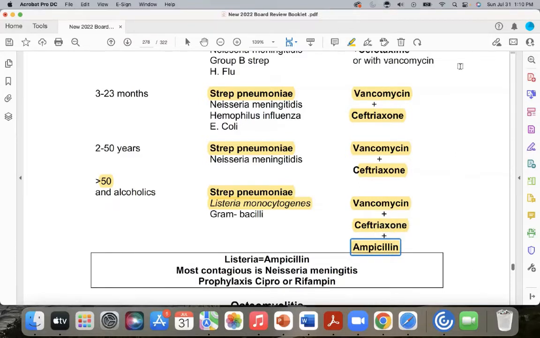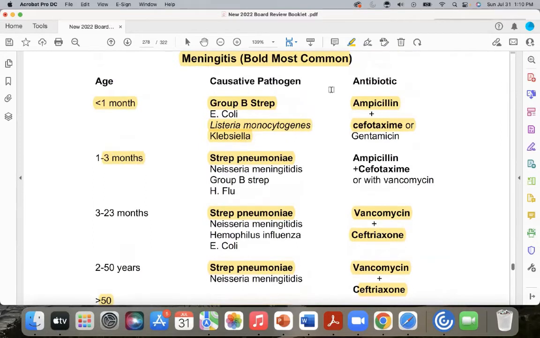So I hope that makes more sense to you. Okay, so on the boards, got it? On the boards, what's the most common form of meningitis? They're going to be ambiguous with you, right? So what's the most common form of meningitis? And you're like, oh, it's going to be strep pneumoniae. Now, when they start giving you age, this is where they're challenging you. So if I've got the neonate, what's my neonate got? Oh, it's got group B strep.